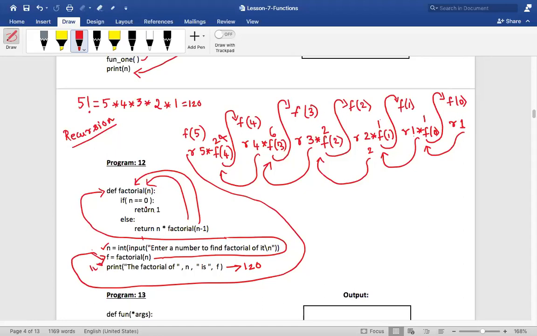It keeps calling until it reaches a condition where it will no more call the function, rather it will start returning. And this condition which stops this function calling recursively is called as what condition? This is called as the base condition. They'll ask you in interviews also. It is called as your base condition, my dear friends. So base condition is the condition which once met, it will no more call the function once again, rather it starts returning like this. Is that clear? After the class, I want you to practice this. I want you to visualize in your mind, like how I've given you in the diagram.